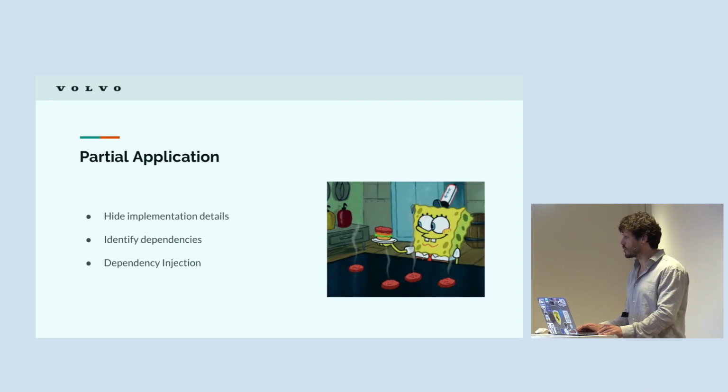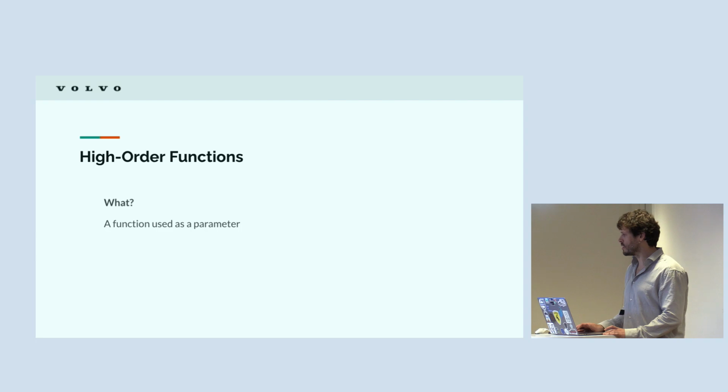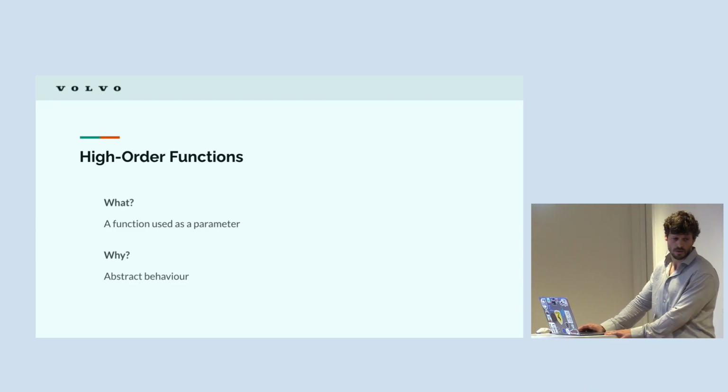Many may argue that the next one is the biggest concept in functional programming, which is the existence of higher-order functions, right? So what is a higher-order function? In simple words, it's a function that can be used as a parameter or as a field. And why do we want higher-order functions? To be able to abstract behavior, to be able to construct or compose a function where our higher-order functions are arguments of that function, and then be able to